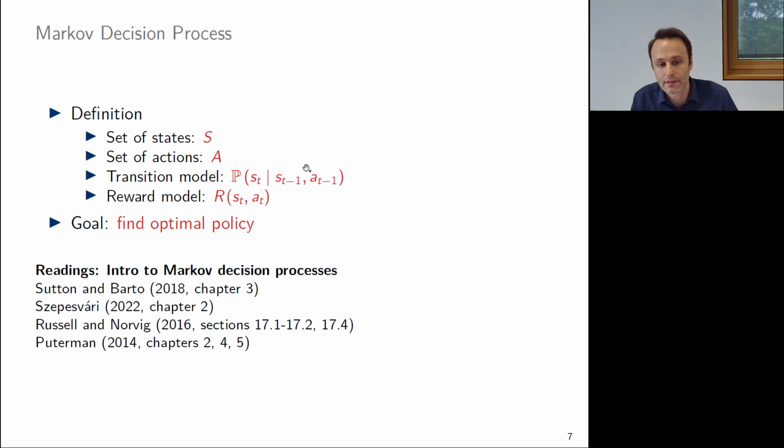And now we augment this also with the action a_{t-1} that we have taken. And also we have a reward function. The reward function depends also on the state action pair. And the goal is to find the optimal policy